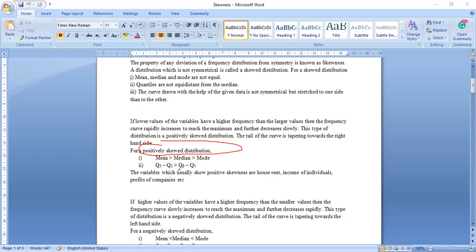Just remember one condition. Why am I not relying on the first condition? Because it is sometimes true, but the second condition has to be true. For skewness you have to check both conditions, but always go for the second one, don't go for the first one, because the first one is sometimes true because of outliers in your data. But quartiles are much less affected. So always check this condition, and based on that you can write the conclusion, whether it is positively skewed, negatively skewed, or not.